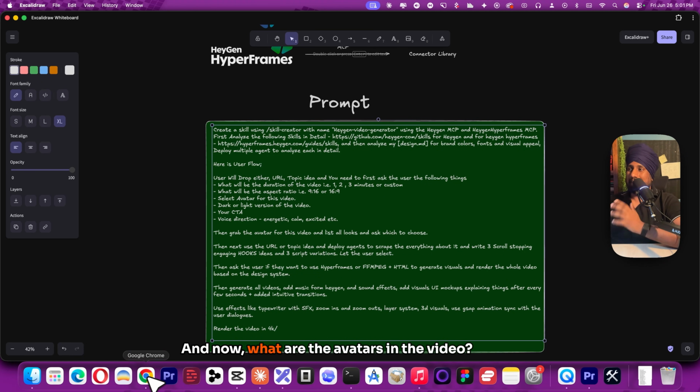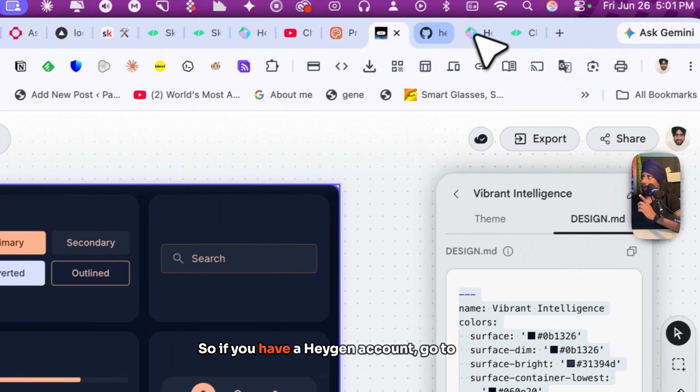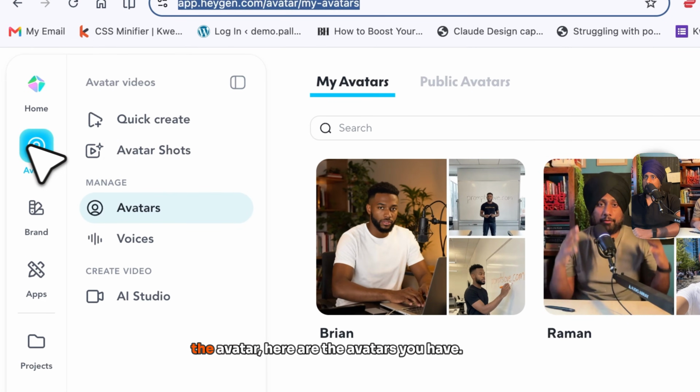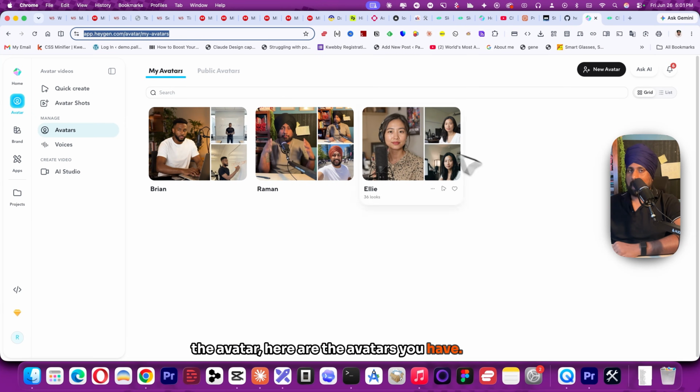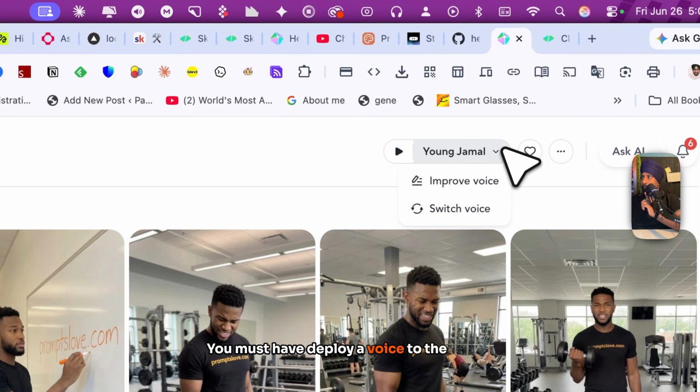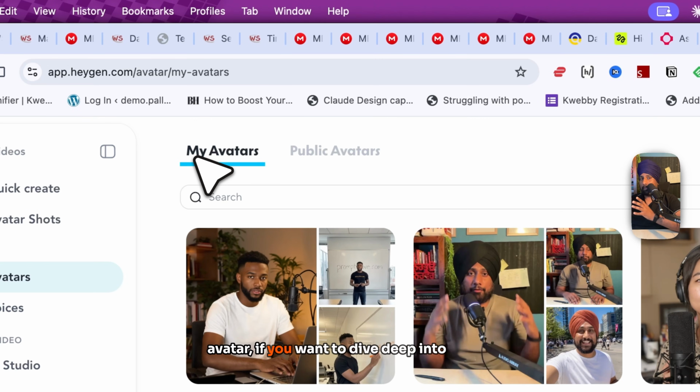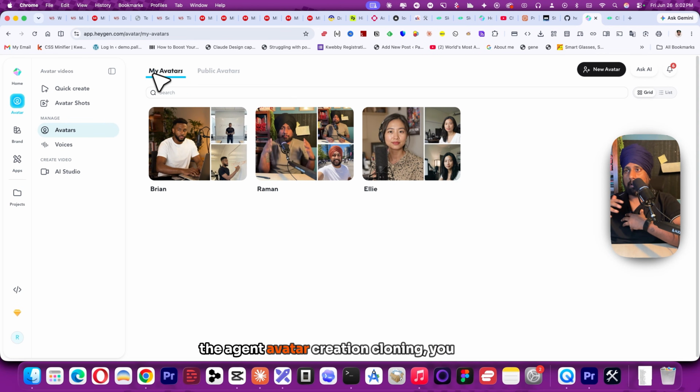And now, what are the avatars in the video? So if you have a HeyGen account, go to the avatar. Here are the avatars you have. You must have deployed a voice to the avatar. If you want to dive deep into the HeyGen avatar creation and cloning, you can grab a copy of promptsflow.com where I have the full course for you,